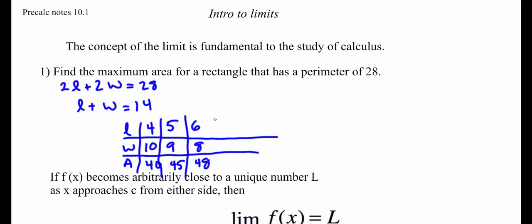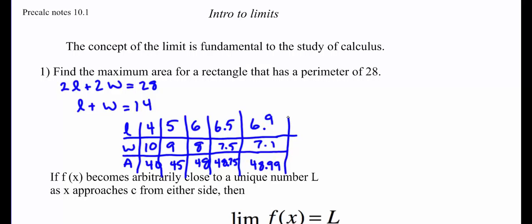Now, instead of going straight to 7, though, what I want to show you is what happens when we get close to 7, like 6.5 or 6.9. And we'll go a little bit beyond 7 as well. I'm actually not going to even plug in 7 because I think you guys know 7 would be 49. But 6.5, if the length is 6.5, the width would be 7.5, and that would give us an area of 48.75. If we were at 6.9 for the length, that means the width would be 7.1, and I'm getting